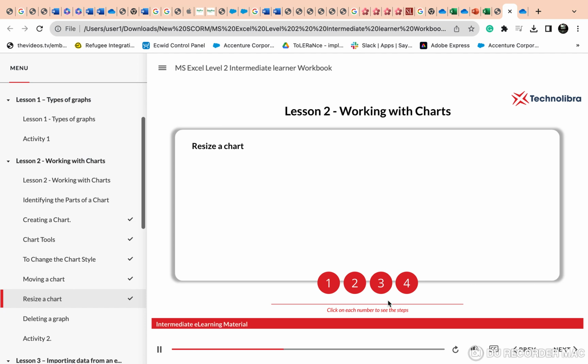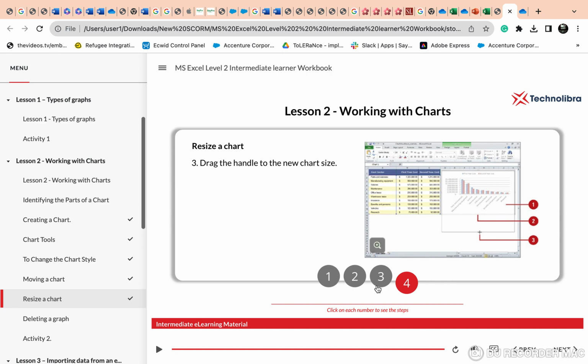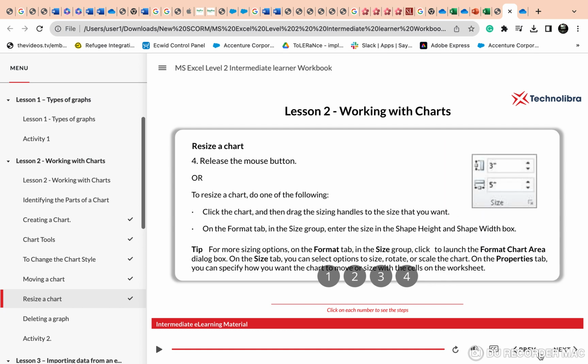Resize a chart. Select a chart you want. Position the mouse pointer. Drag the handle to the new size. Release the mouse button. Or, to resize a chart, do one of the following. Click the chart, and then drag the sizing handles to the size that you want. On the Format tab, in the Size group, enter the size in the Shape Height and Shape Width